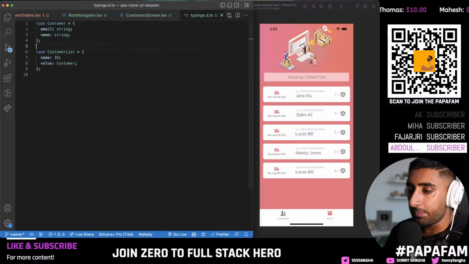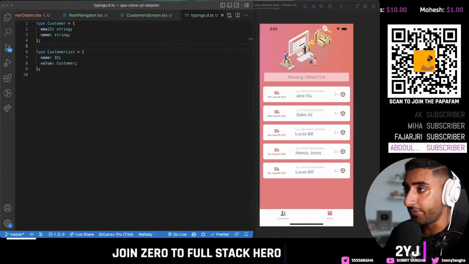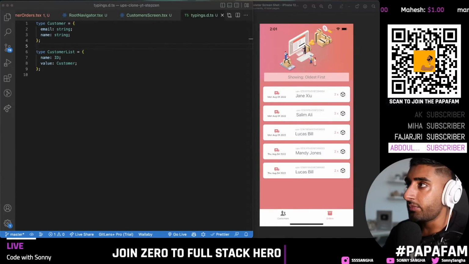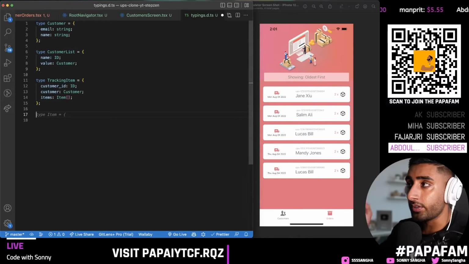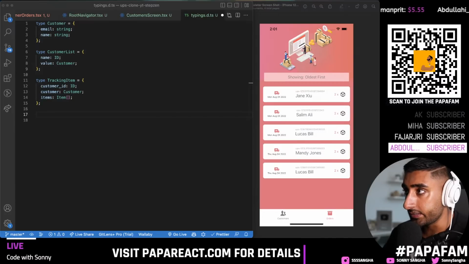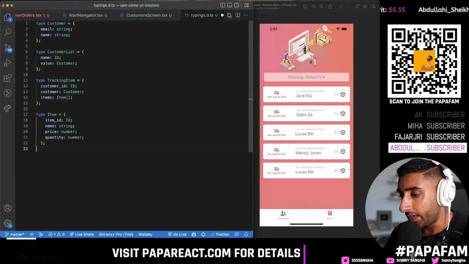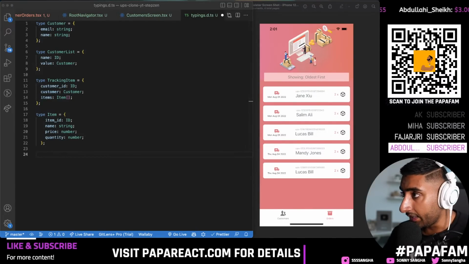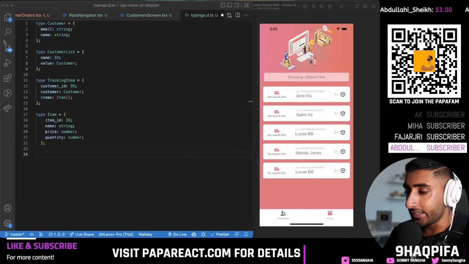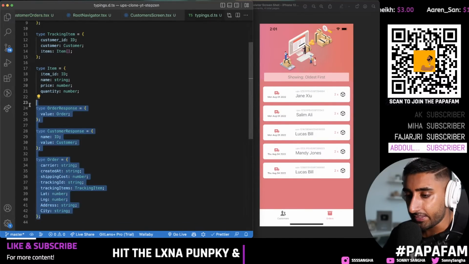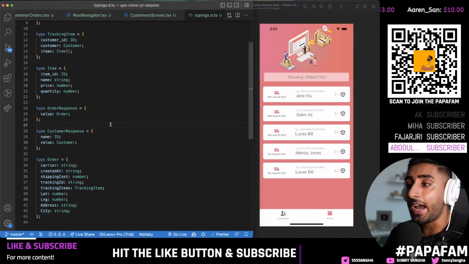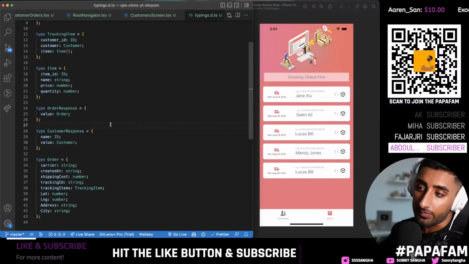So going back to our typings, I'm going to actually complete these. I completely forgot to type this out. So remember, we had the customer list. We also got tracking item, which is basically all shaped to the GraphQL calls that we did previously. That means we've got our individual items. We also got the order, the customer response, and the order response typings. So these 3 are basically mapped out exactly as I wrote it inside of the